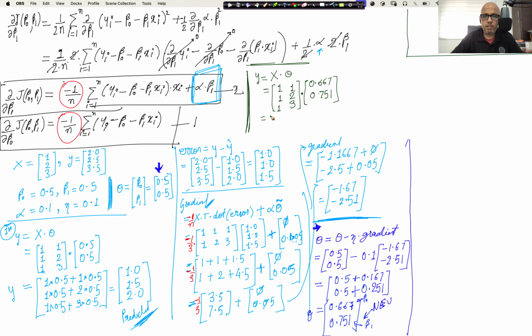And if we perform the calculations, let's see what we get. We have 1 times 0.667 plus 1 multiplied by 0.751, and the next one is 1 times 0.667 plus this time we have 2 times 0.751, and the last one is 1 times 0.667 plus 3 times 0.751. And when we perform this addition, what we get is